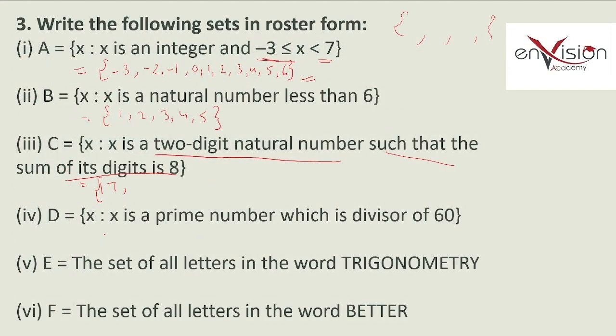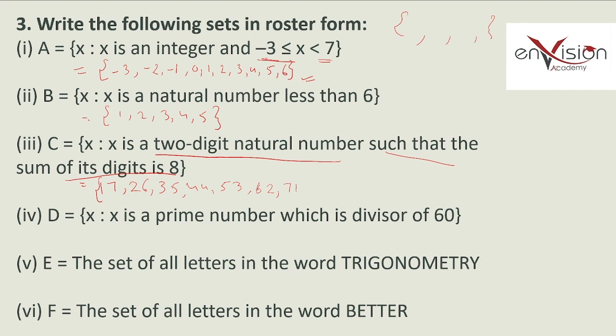Here we have X is 2-digit natural numbers. So the first one is 17, because 7 plus 1 is 8. Next we have 26, then 35, then 44, then 53. Then you can write down just the opposite of these: 62,